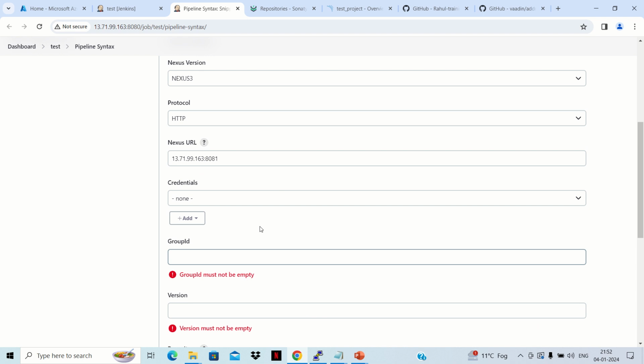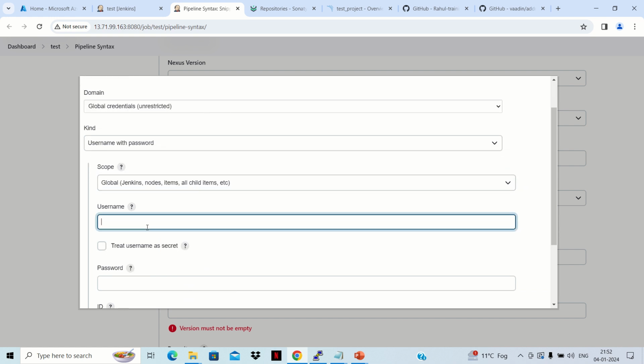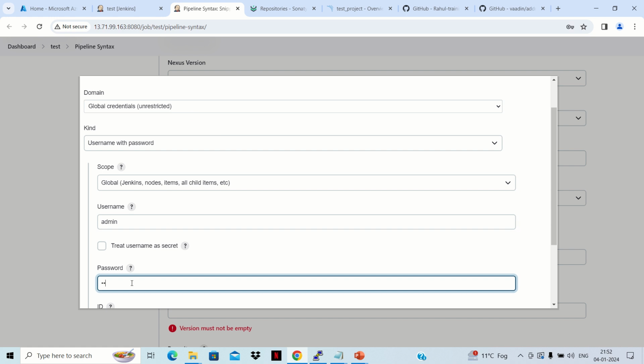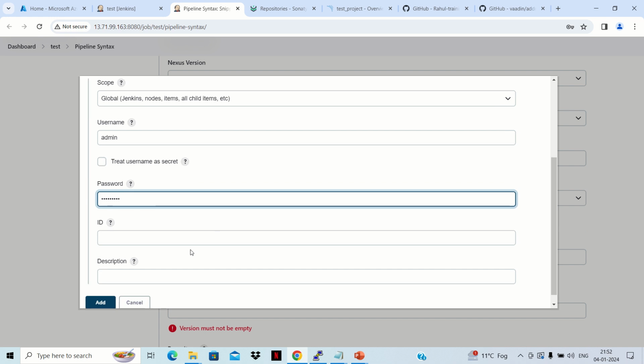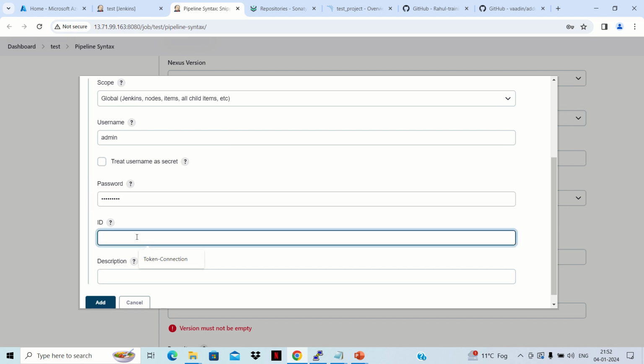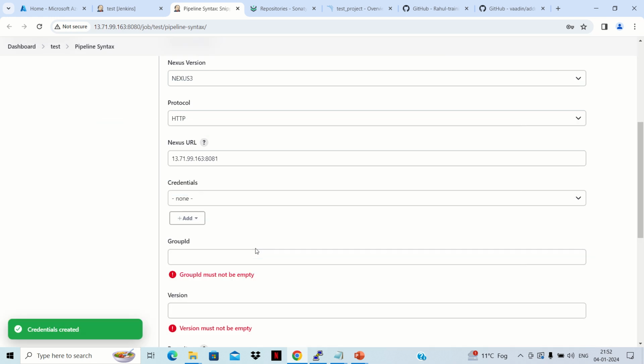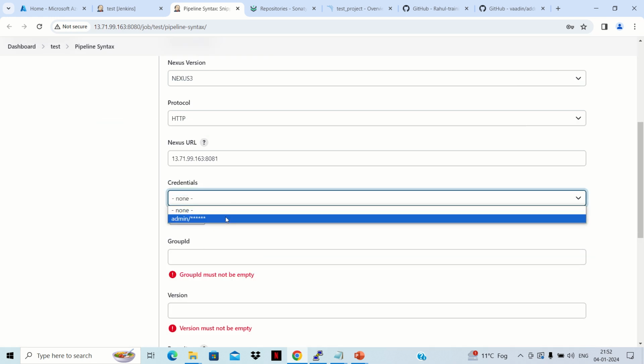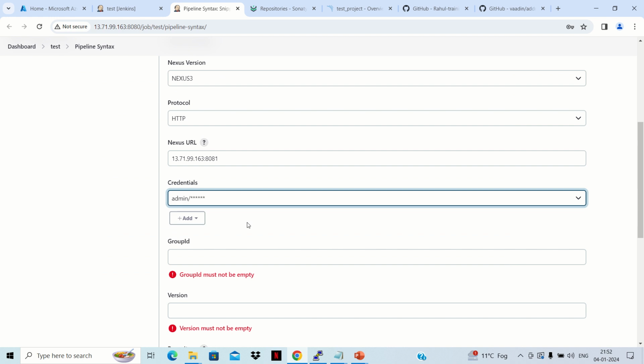So we are done. And credential, now we need to add one credential for Nexus also. So we can add Nexus credential here with a username and password. So I'll give admin credential here. Okay, and ID I'll give Nexus-connection. Okay, and I'll add, and now I'll select this,